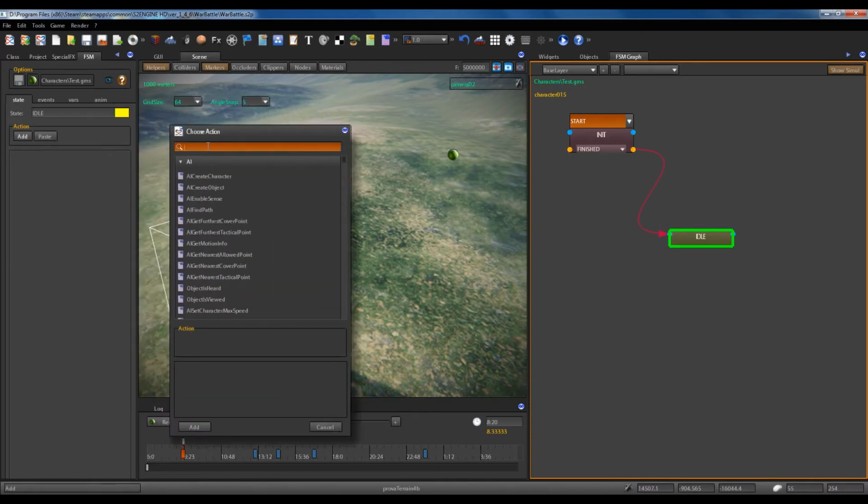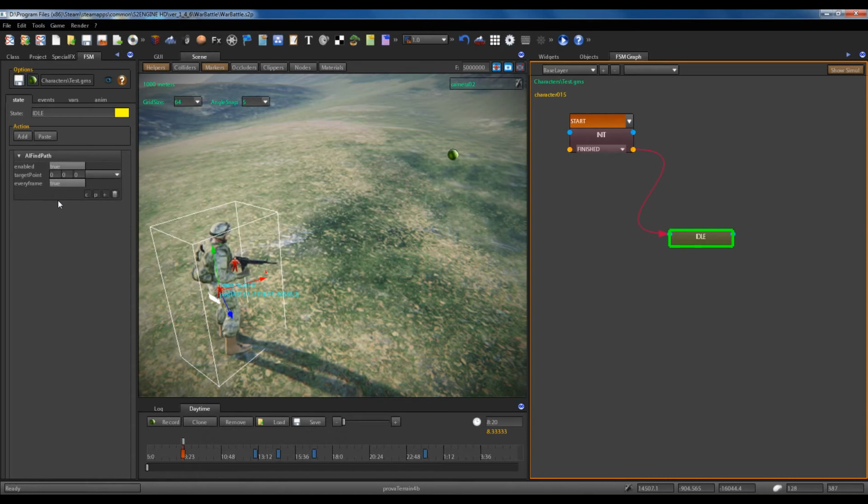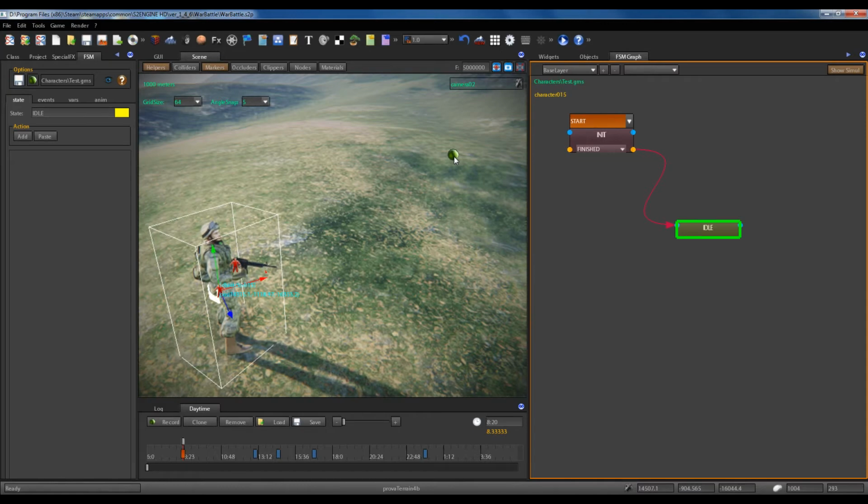So we add the AI find path action. The AI find path must be performed only one time. We compute the path only once and then follow it in another state. What is the target? We have to compute the path for reaching the helper object, so our target point must be the position of the helper object. So before computing the path, we have to store the position of helper 01 into a